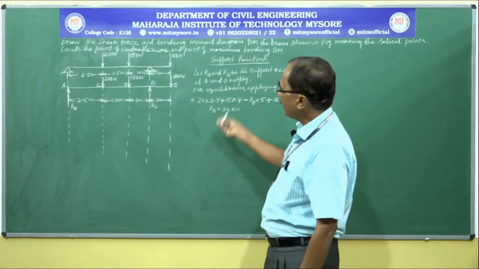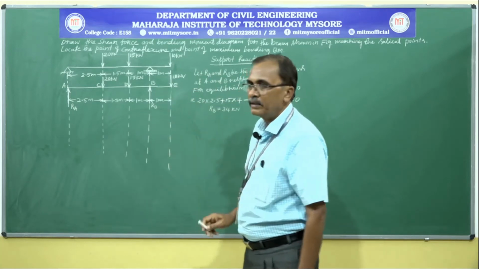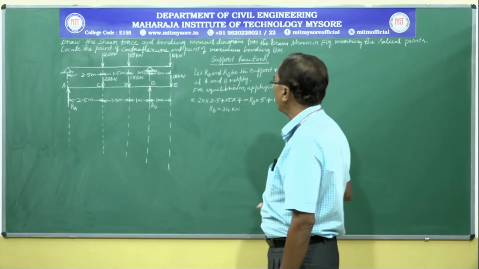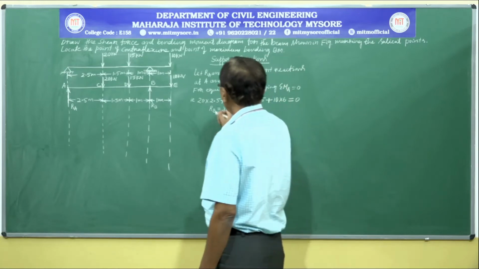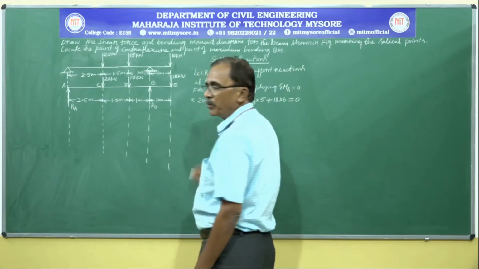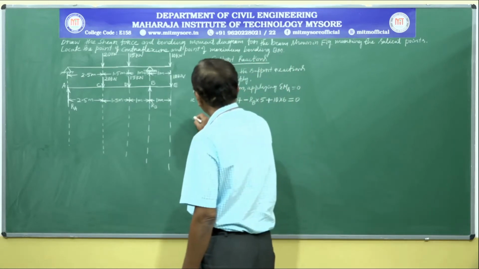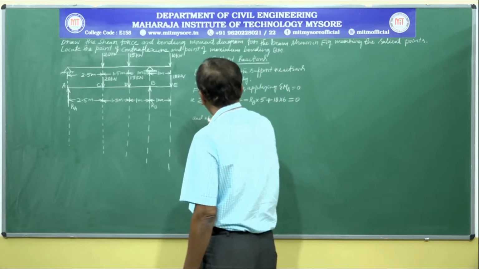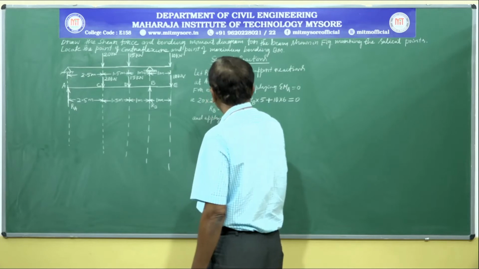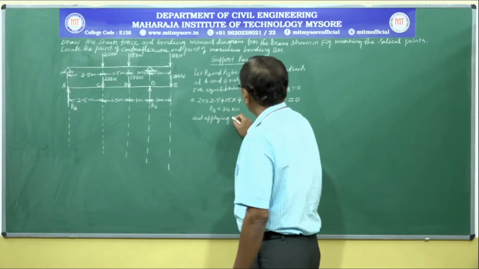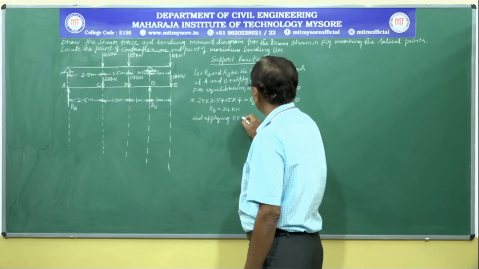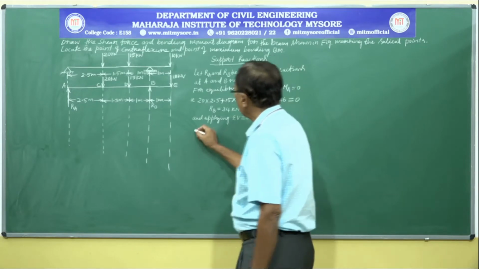Now, to calculate another unknown RA, let us apply another boundary condition, the equilibrium condition, that is, the algebraic sum of all the vertical forces is equal to 0. Applying sigma V is equal to 0, that is